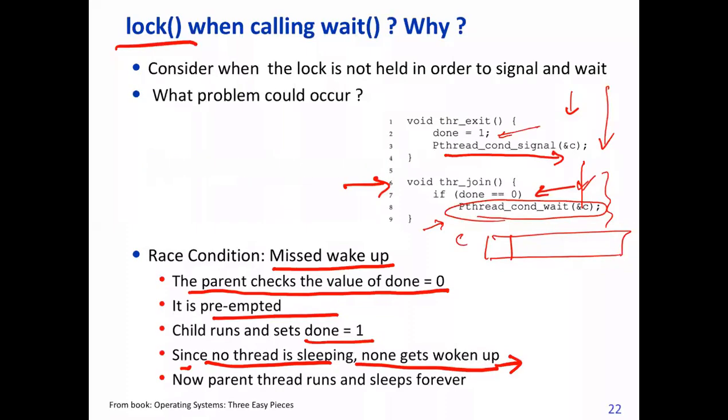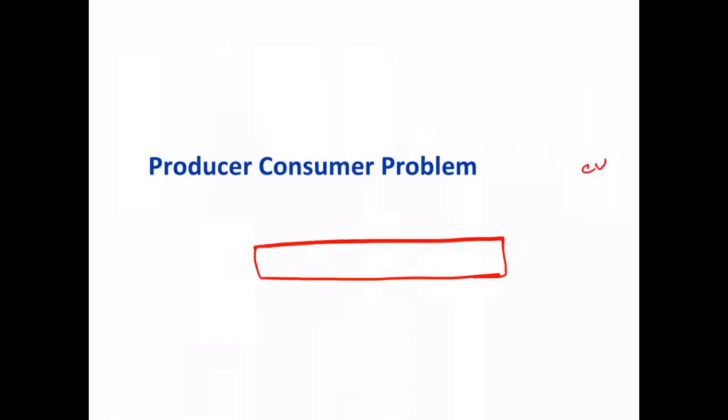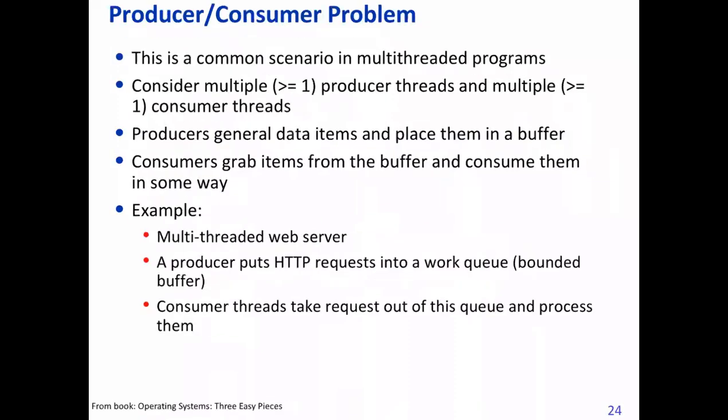Okay. Now what we have discussed is a very trivial thing. Now let's solve a producer consumer problem. A producer consumer problem is a very common problem in computer science, and we can solve this using many methods, and now we are trying to solve it with a condition variable, CV. It's a bounded buffer. The number of slots in the buffer is fixed, a certain number.